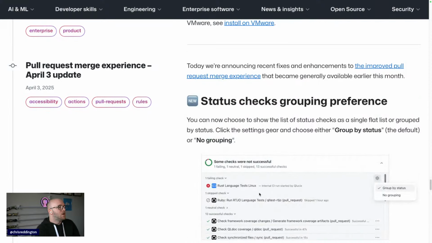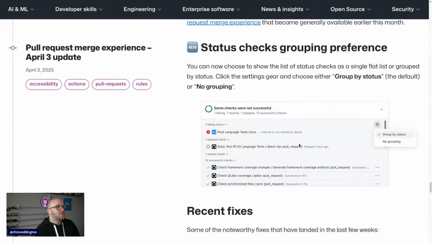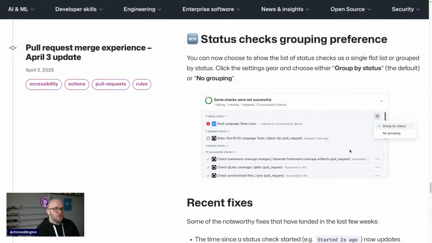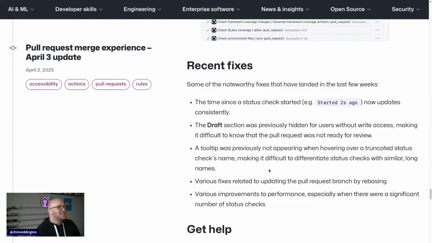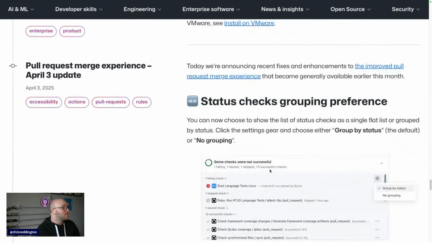Now you can group these workflow checks and status checks by status or have no grouping as well. And then there are some additional fixes like the time that it started and how that displays, the draft section, tooltips not displaying, etc. So some good quality of life updates there.